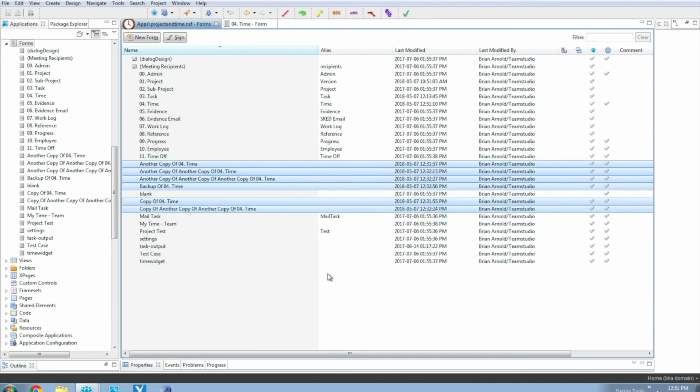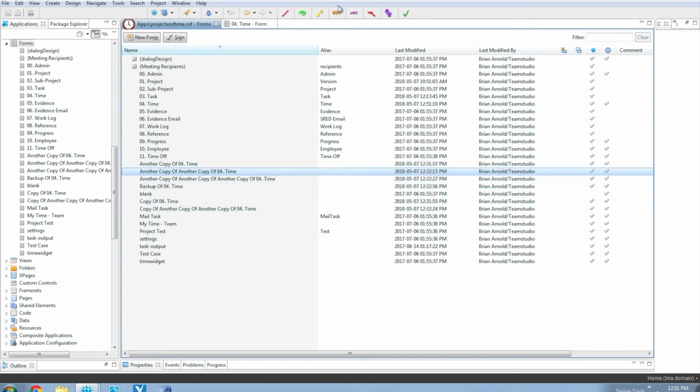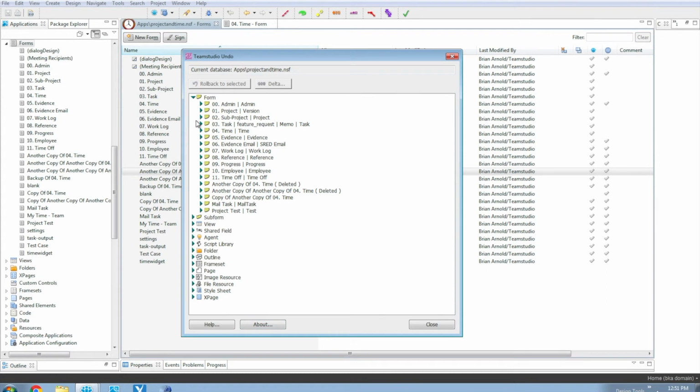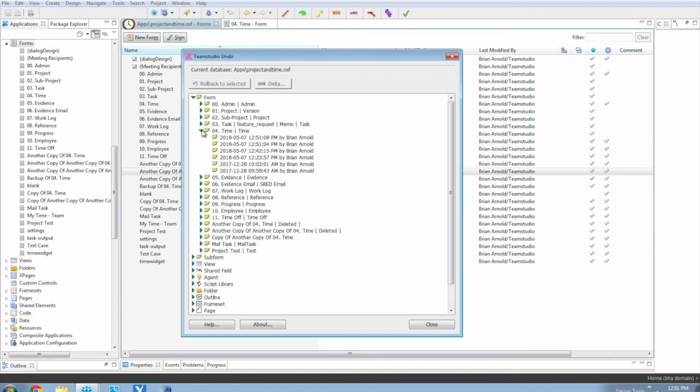The process is simple. Each time a design element is saved, a backup copy is stored in the Undo system. If there is a need to recover from a previous version, simply click the Undo icon in the toolbar. You will be presented with a list of all previous design element versions where you can select the instance to